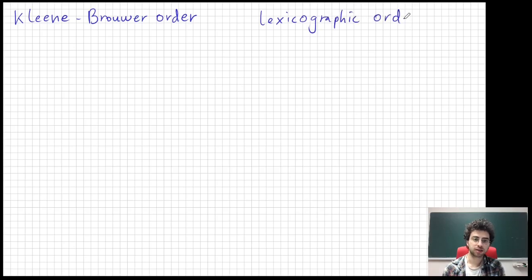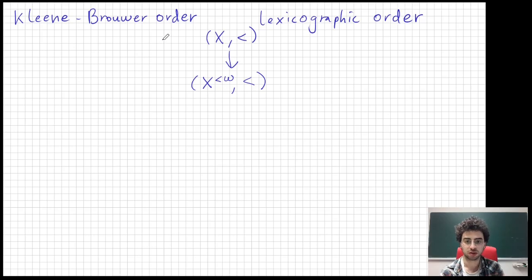I think to learn about the Kleene-Brouwer order, it makes sense to look at the lexicographic one at the same time, because that one's quite intuitive. What both of these things do is that they take a set that is ordered, an order, and the Kleene-Brouwer order, or the lexicographic order, both of them are then going to be an order on the words that you can make with this set. Or rather, the finite sequences. This is my notation for finite sequences. So if I have